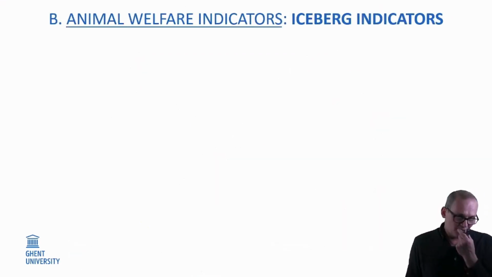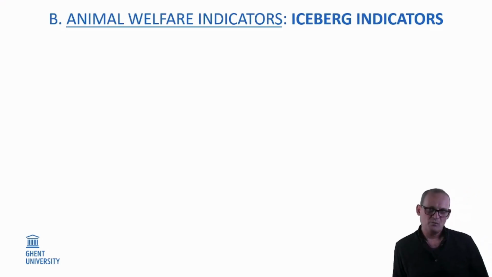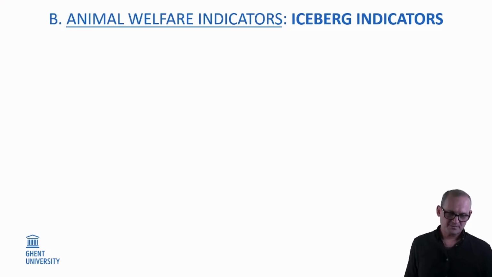The ideal world, of course, would be where there was only one indicator that we could use that assesses overall welfare of the animals. Then we would only need to measure one aspect. Do they exist, what they are called iceberg indicators? Well, some have been suggested, but it's very much open to discussion whether with these indicators all aspects of welfare